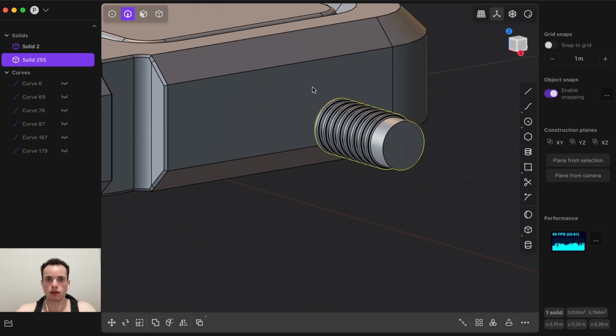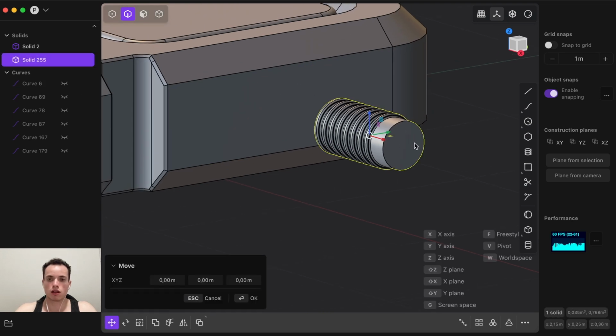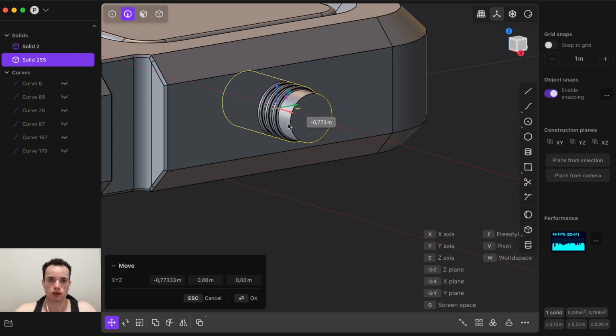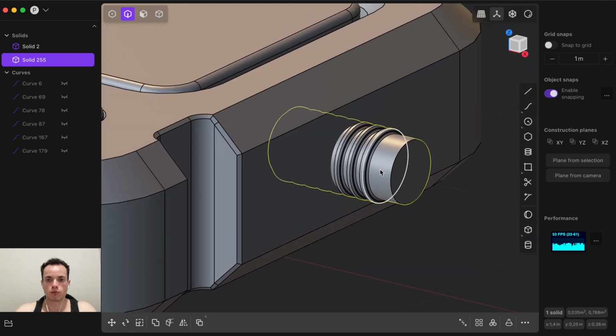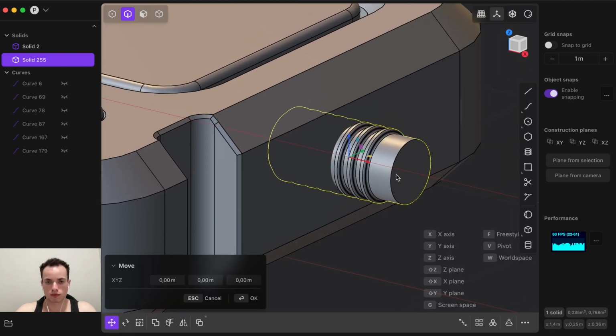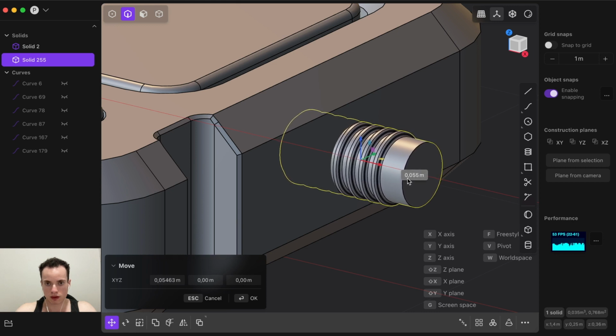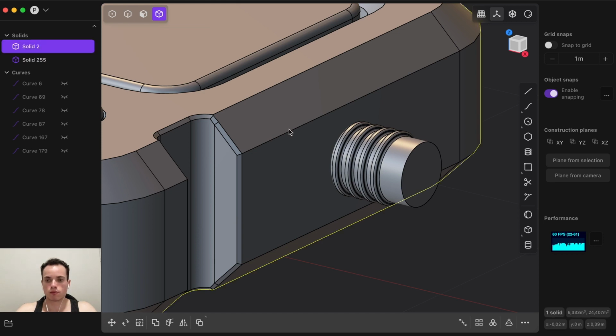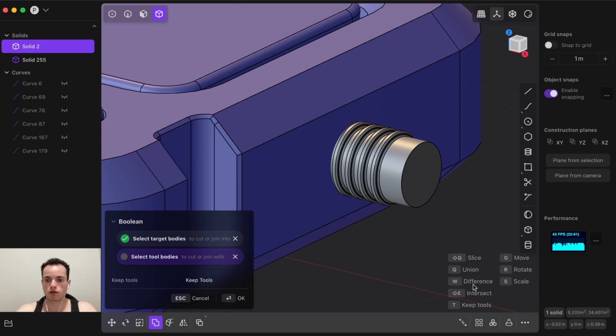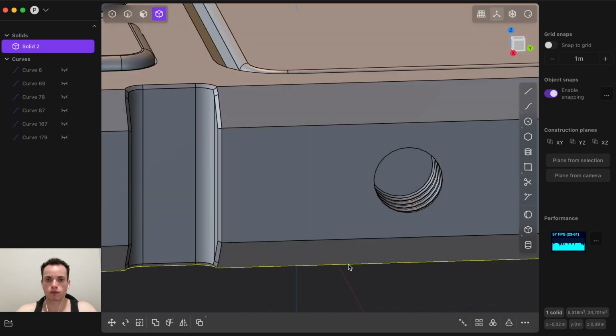Now we can create the boolean inside here, get the solid, G, put it like this, enter, or put a little less, like this, enter, get body, and then do a difference, so click on boolean and then difference, it is W. First we need to get this, enter, and we have this,